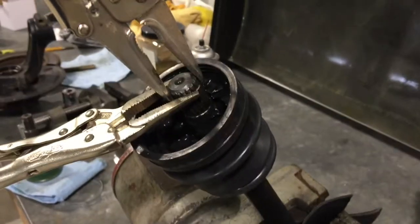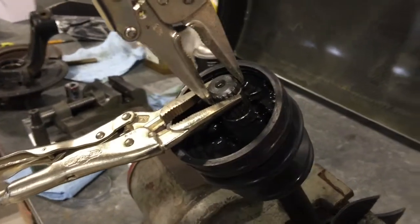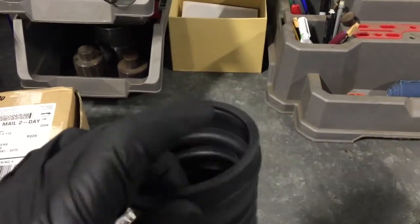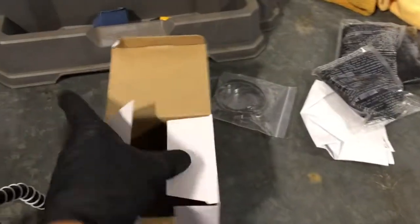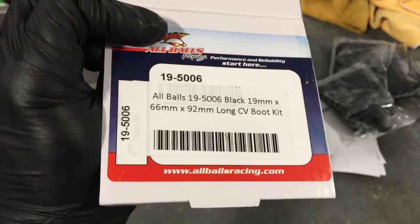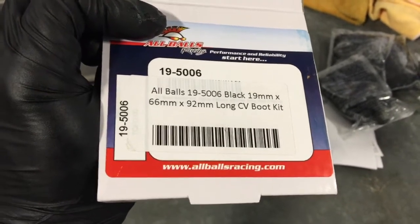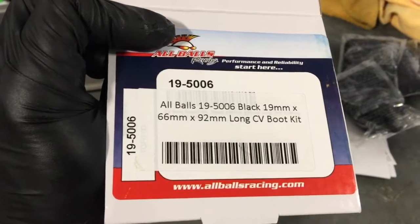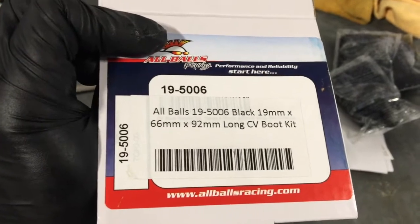All right, well, I finally got a boot in that would fit this Subaru after ordering a couple different boots off eBay and them saying that they were going to fit. They definitely did not fit. They were too big on this outer diameter there. So after about a week of trying different parts and cross-referencing, I found a Polaris CV boot that would fit. This one, the dimensions came out perfect. It looks like it's exactly what's going to work. So for future reference, anyone that needs a Sambar CV boot,